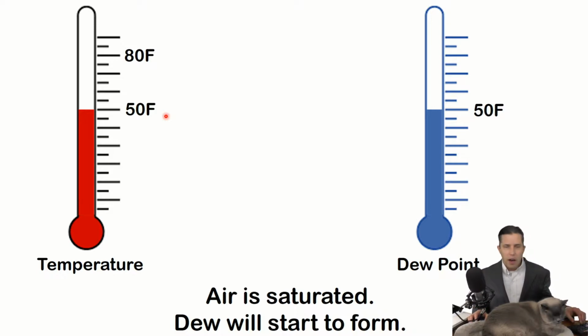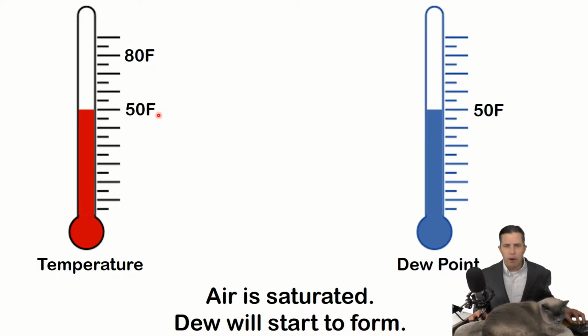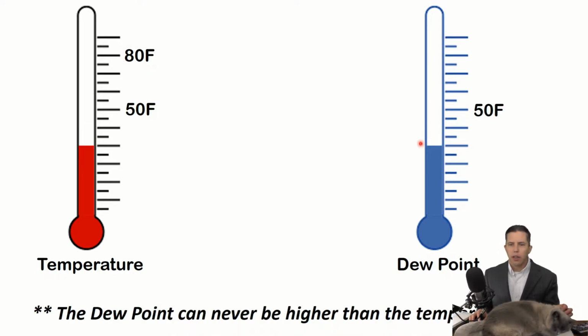larger. Now, as I grow dew larger and larger, I have to take water molecules out of the air and put them down onto the ground, like the grass, or if this is happening inside, onto the walls. So here we are at 50. I'm going to cool it further down to 40, and notice what happens. Dew point has to change with temperature. So if the temperature drops to 40, the dew point also has to drop to 40. And if I drop it further to 30, the dew point still has to follow the temperature and also go